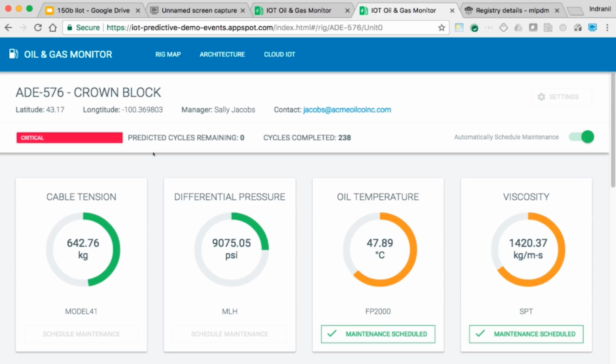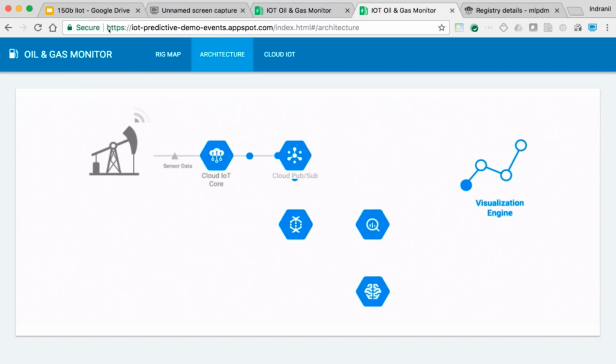So here's how the architecture for this particular demo looks. We have an oil rig, as you can see, on the left side. It's pulling oil, and we have simulated data from the oil rig, and all this data gets sent to Cloud IoT Core, which I'm going to go a little bit deeper into in a minute. That data gets published to Cloud PubSub, and from PubSub you can consume the data using Cloud Dataflow for